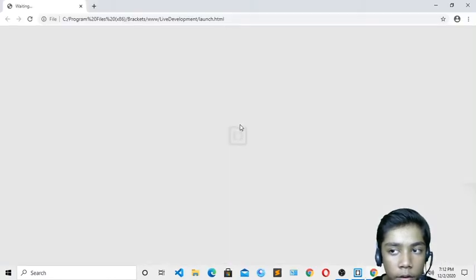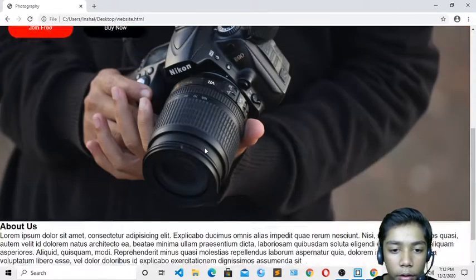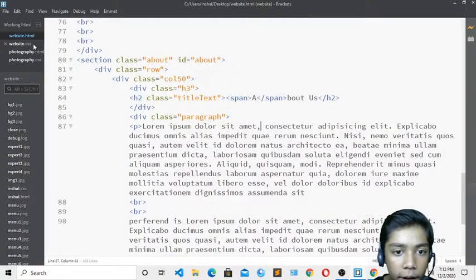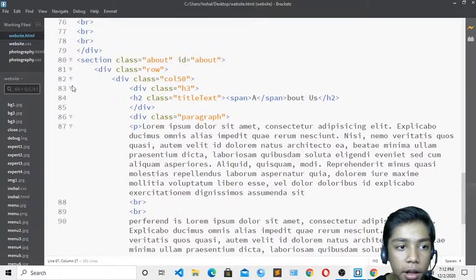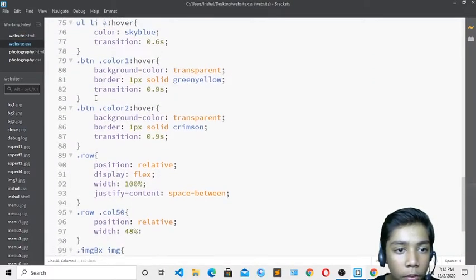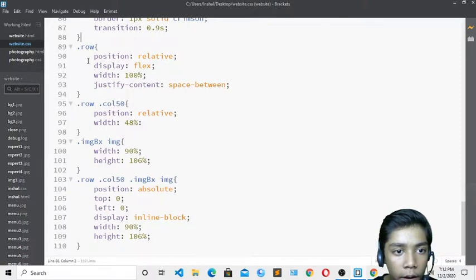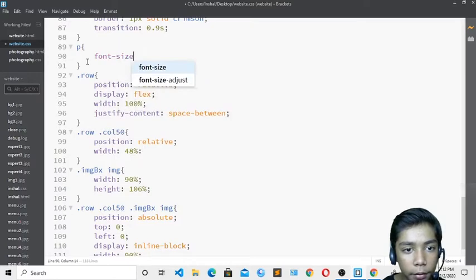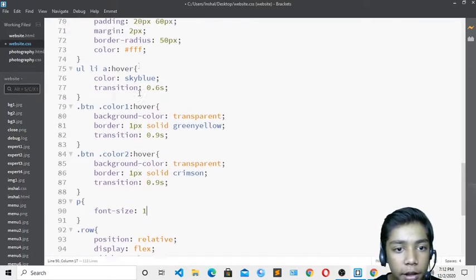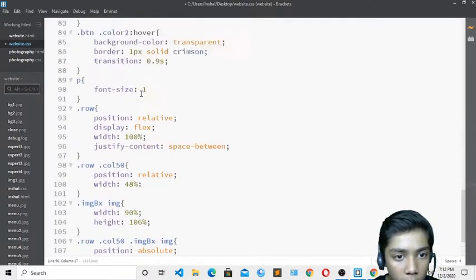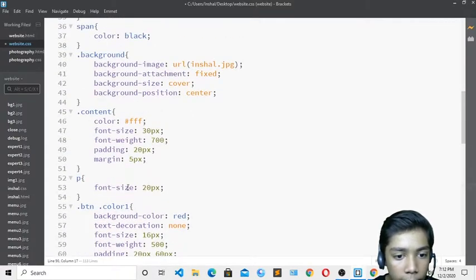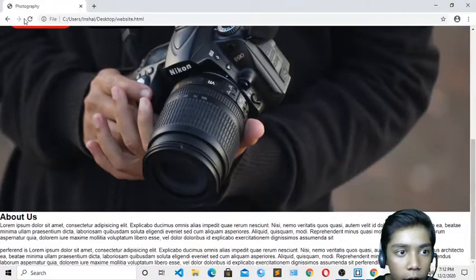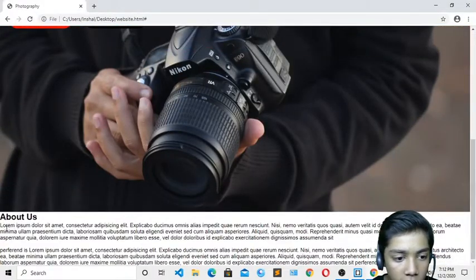You have to wait for some time. Now this is our text. Over here I have to do one thing: I will write the p tag. If I write only the p tag, come over here and write dot p, and write the font size as 12 pixel. I will just change its font size from 20 pixel to 15 pixel. Where is my p tag? There it is. I will change it to 15 and save that, and come over here and hit refresh. Now it is small.